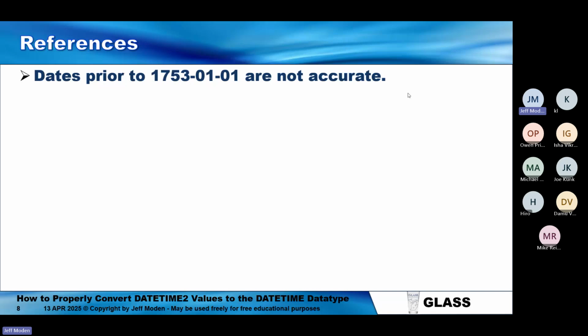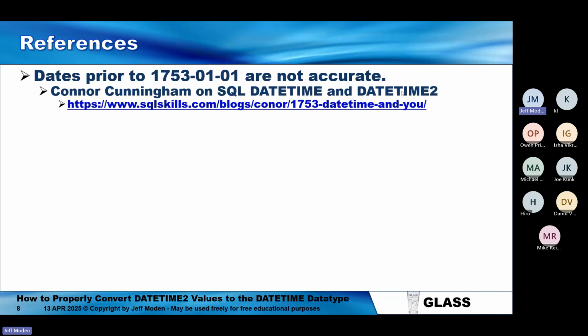So there were like 10 days missing in 1752 because there had to be an offset to make the calendar catch up correctly. The Julian calendar prior to that wasn't working. And we actually joined late. The Gregorian calendar actually started, I'm going to say 300 years before that. And it was a little difficult to get the word out back in those days, but we finally got the word. Anyways, Connor Cunningham from Microsoft wrote a nice article on SQL DateTime and DateTime2, and it's been published over on SQLskills,